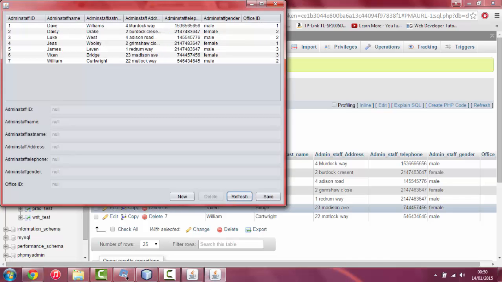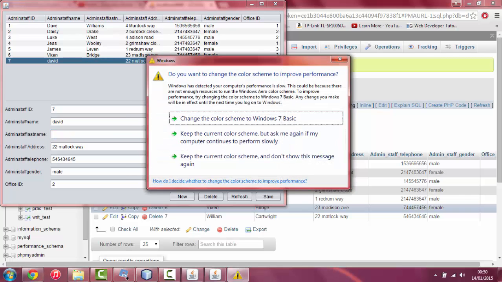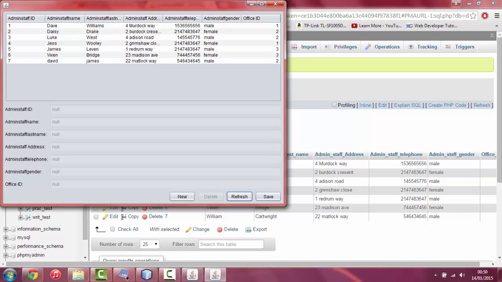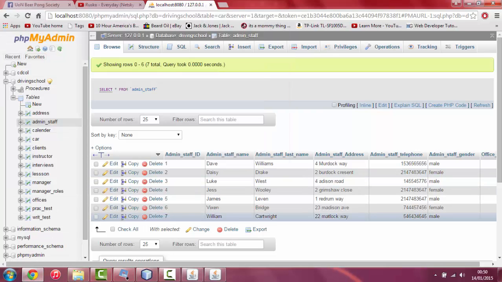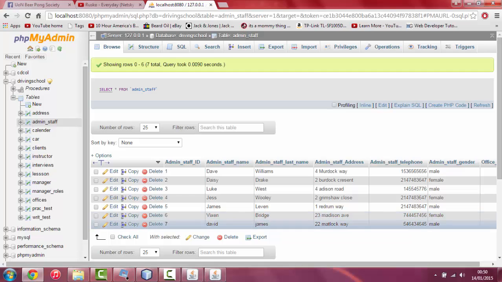And then if you want to update an entry, you just click on it, and then update, and then you click save, refresh, and then refer back to the database, refresh. As you can see, the data entry has been changed,